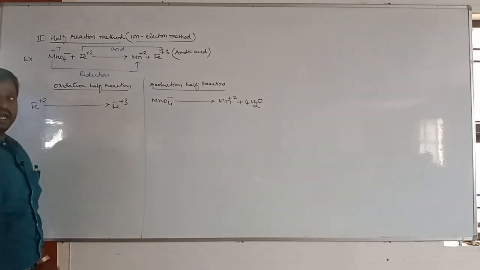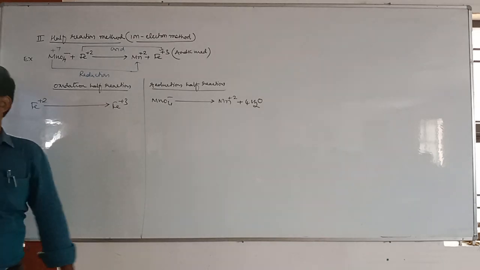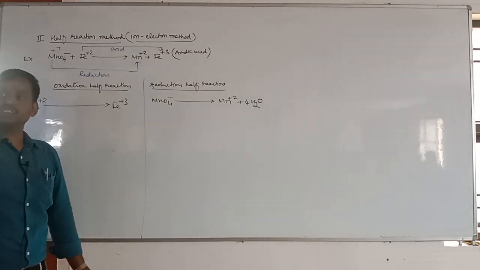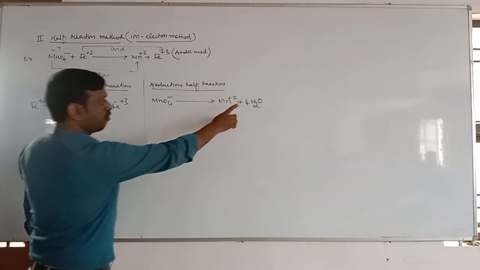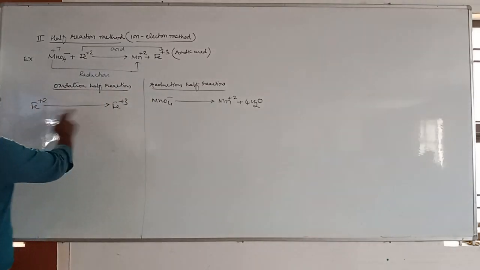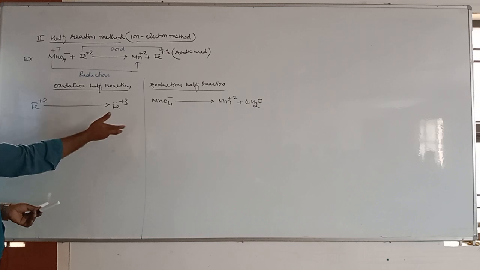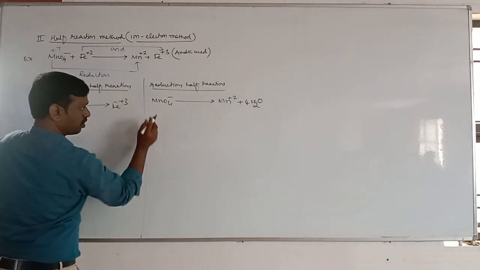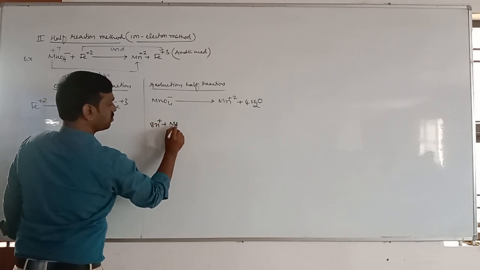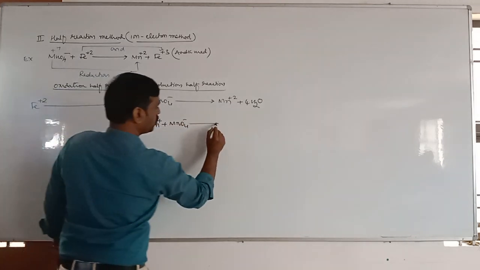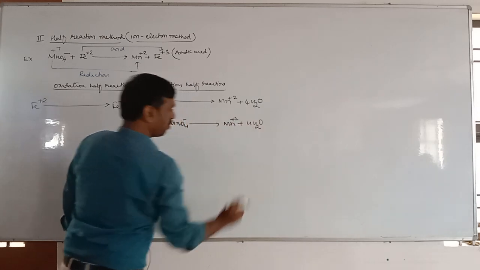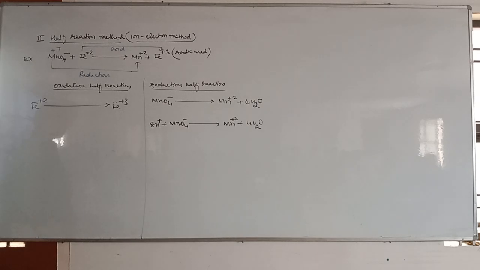Next is to balance hydrogen. It is in acidic medium. In acidic medium, how do you balance hydrogen? By adding H plus ions to the side of deficiency. Therefore 4 2s are 8. There is no hydrogen on the other side, so it is already balanced and we need not bother about it. Here write 8H plus MnO4 minus, which gives rise to Mn plus 2 plus 4H2O. Now hydrogen is balanced.